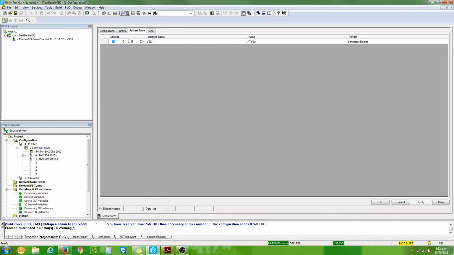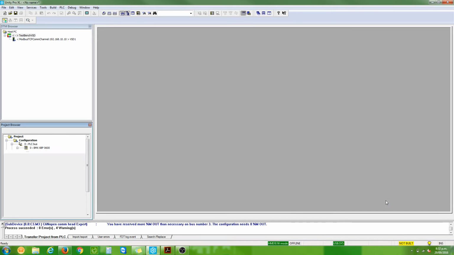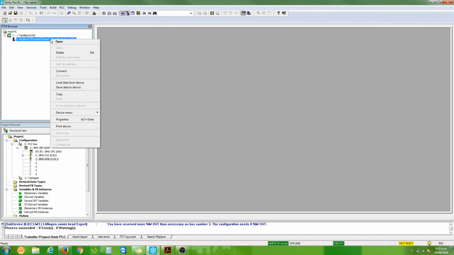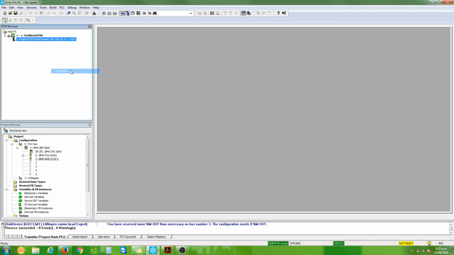And now I'm just going to change that to 192.168.10.10. Apply that and then go OK, and now you can see the IP address has changed. So now hopefully if I've configured the drive IP address correctly and I've set everything up correctly here, I should be able to right click on our device and connect,